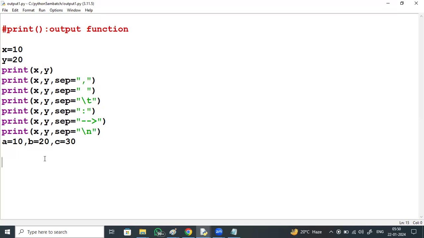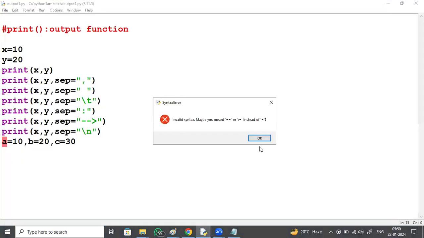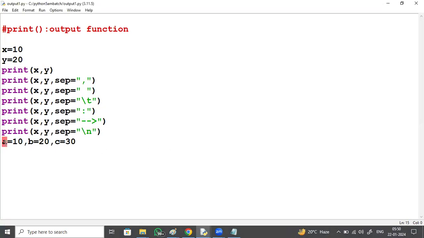Using comma, if I define it in a single line, it gives an error. Whenever there are 3 Python statements, A is 10, B is 20, C is 30, if you want to write them in a single line, use a semicolon between them. It works and won't give any error.